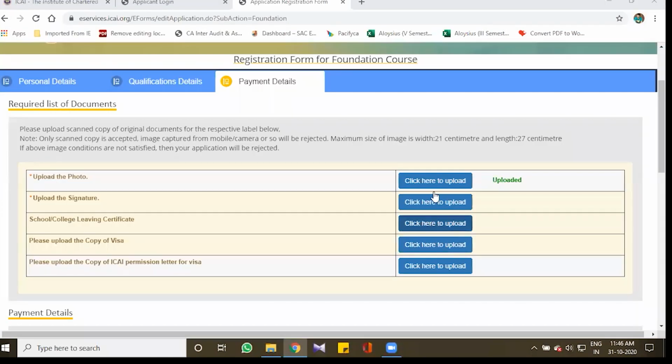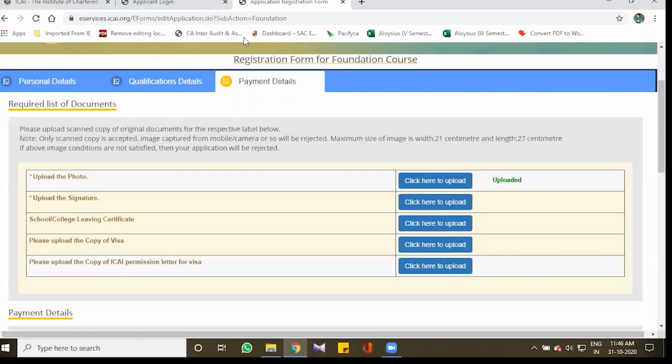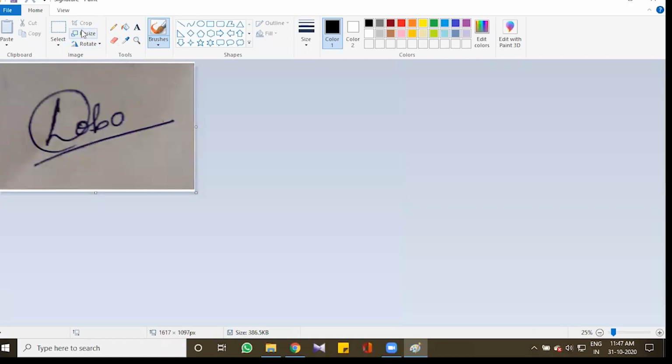Next is the uploading of signature. Signature size is again 386 KB. We have to get it to 100 KB. So therefore, we'll open it with Paint once again. First, let us crop and try to reduce the size.